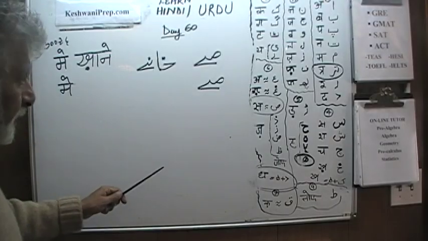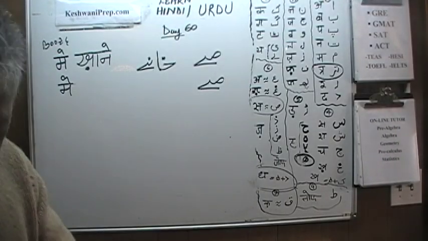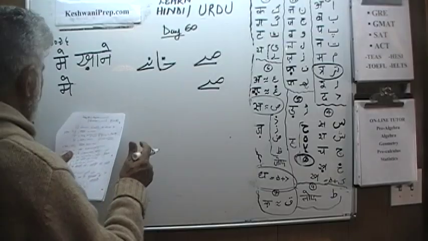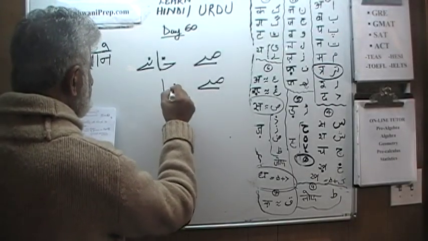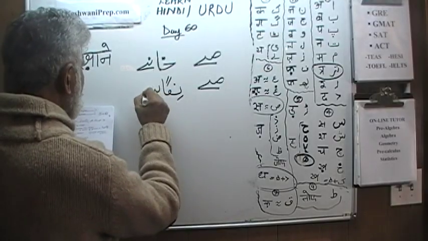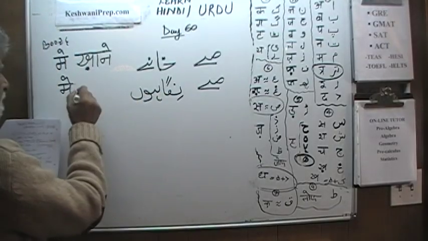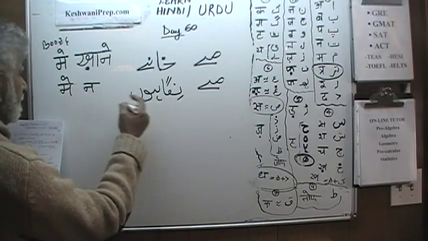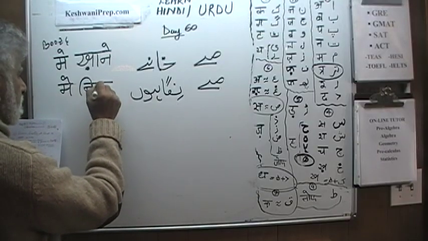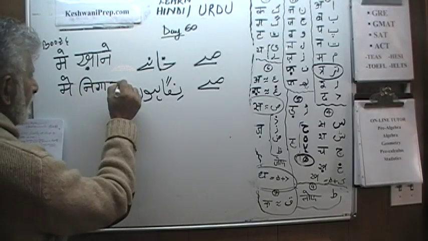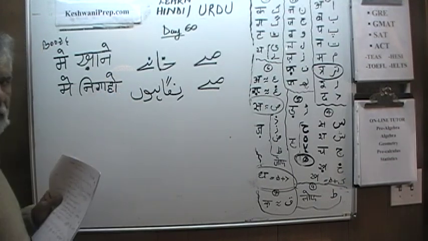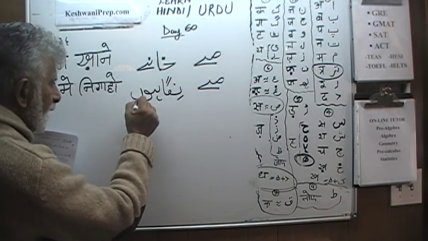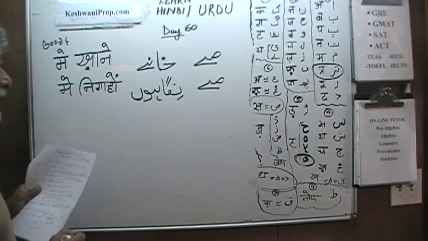मैं खाने में निगाह, we need निगाहों. Ni, ga, and then we need a ho. This says ho. It's not nigaho. This nun guna is going to give us a dot. Nigaho. मैं खाने में